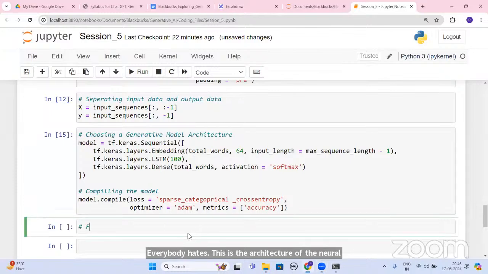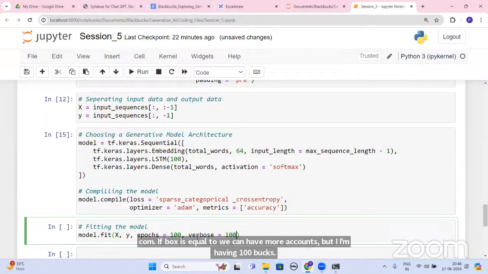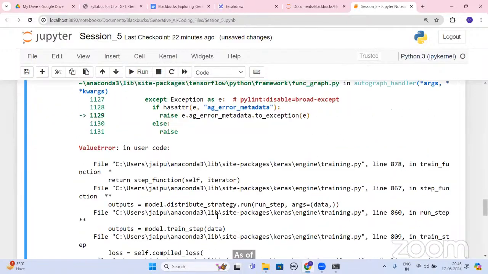And then we are fitting the model: model.fit(x, y, epochs=100, verbose=1). We can have more epochs, but I'm having 100 epochs as of now. It will start the model fitting process.